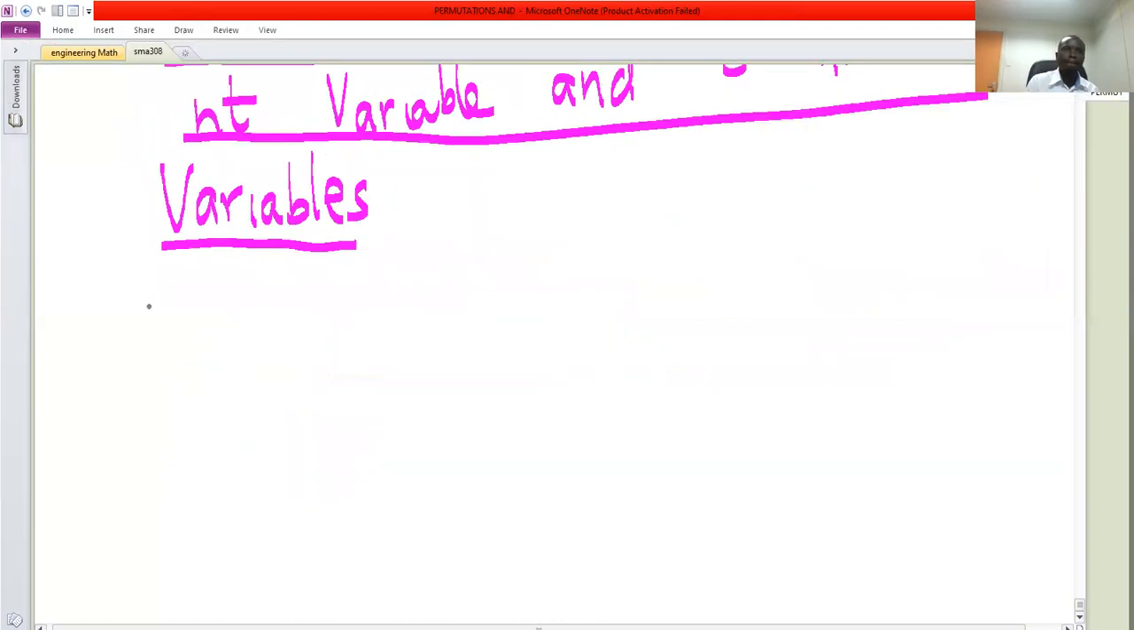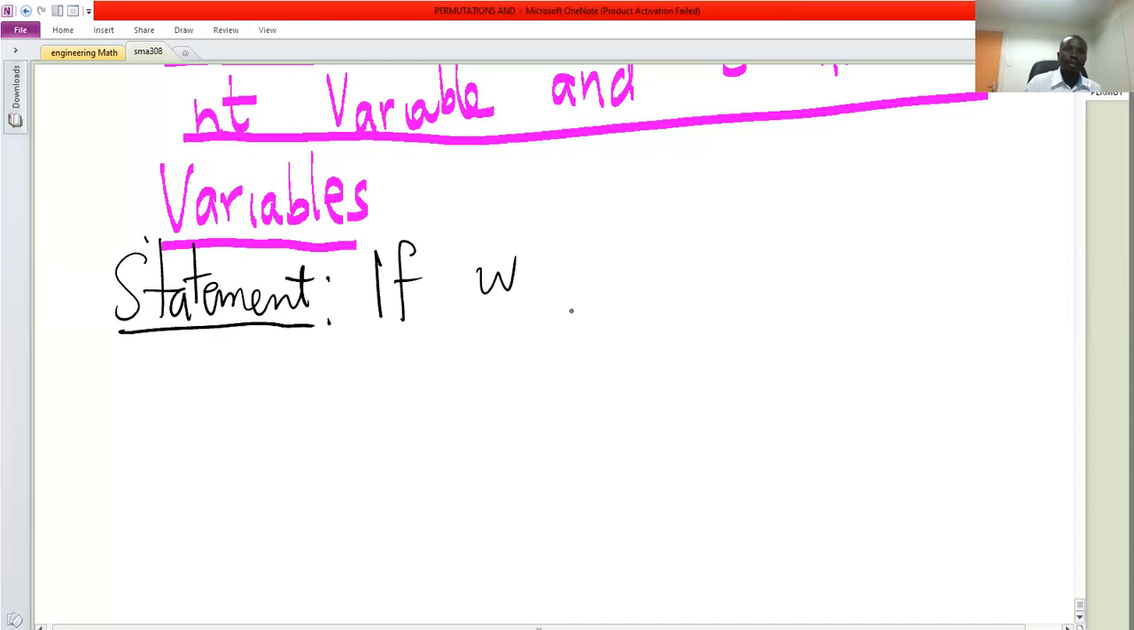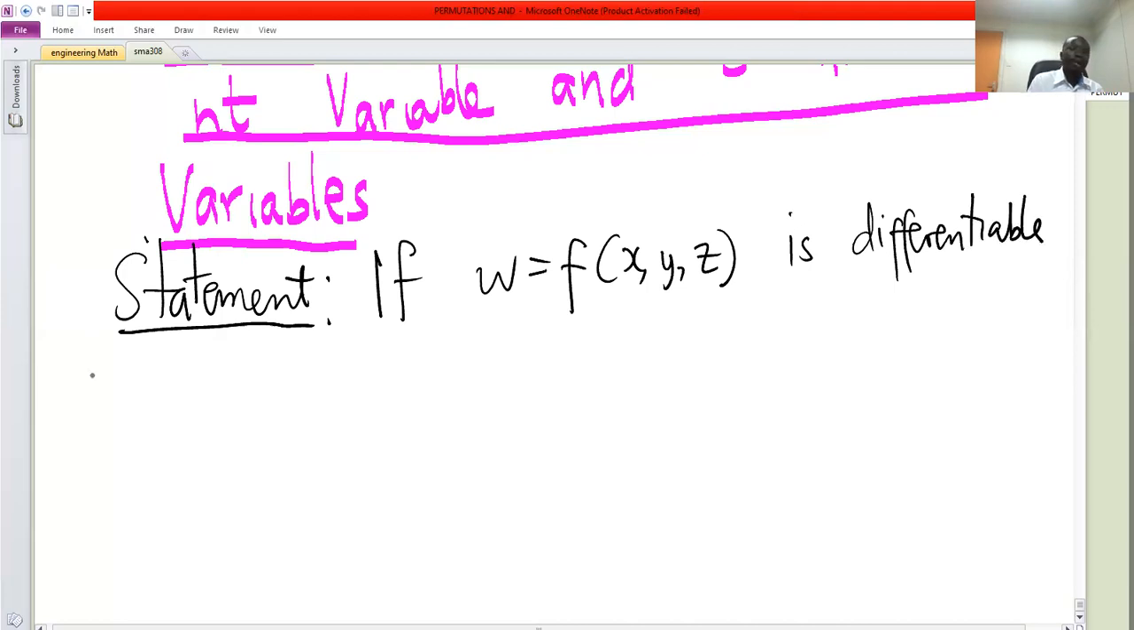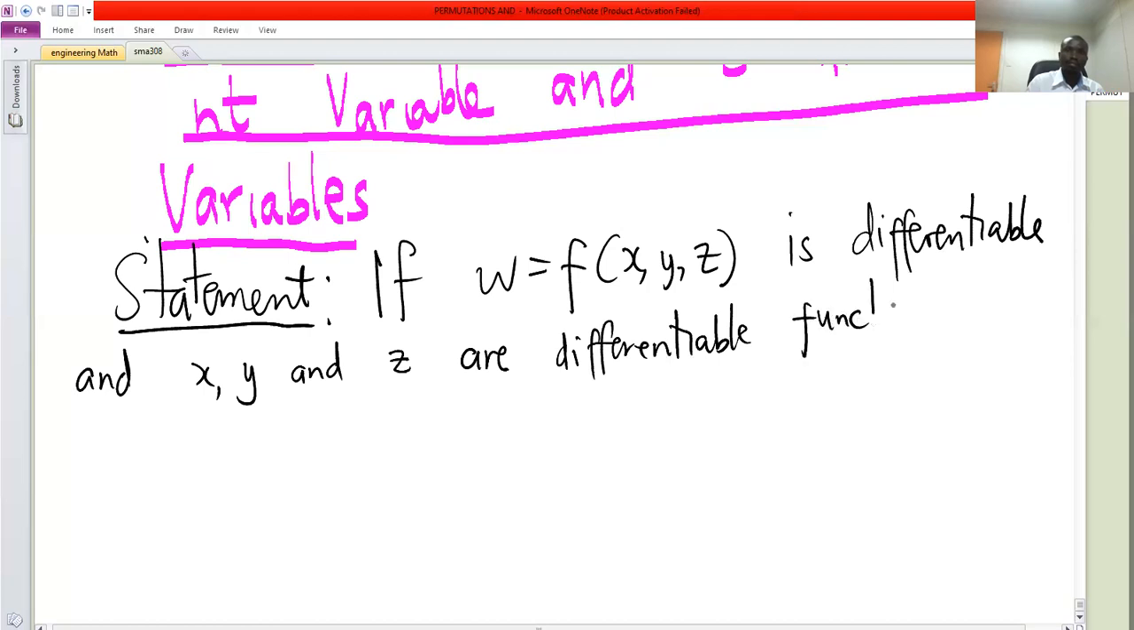So let's state the rule. The statement says that if W is a function depending on X, Y, Z and is differentiable, and X, Y, and Z are differentiable functions of time, then W is a differentiable function of T,